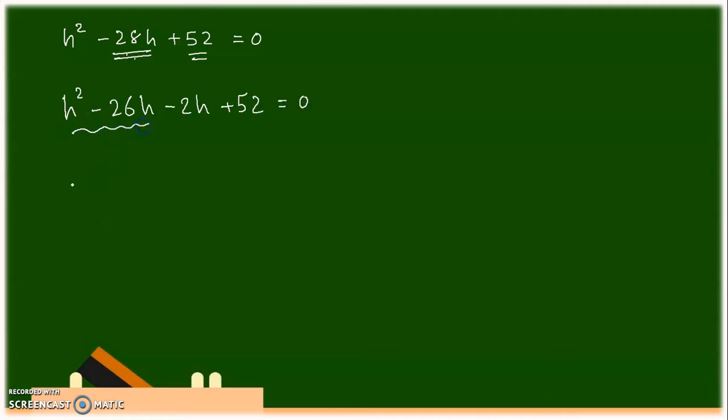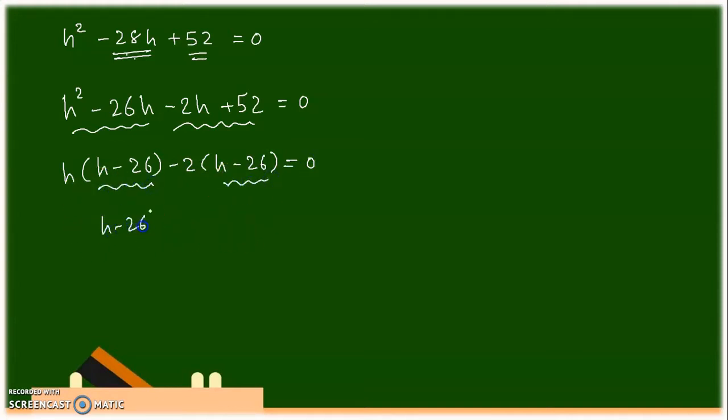Now from the first two terms, if you take h common, the remaining will be h minus 26, and from the second two terms, if you take minus 2 common, it will be h minus 26 equal to 0. So now here h minus 26, h minus 26 will be taken common, so the remaining is h minus 2